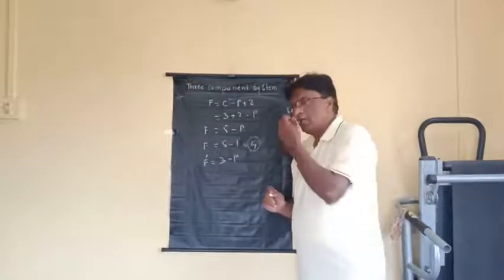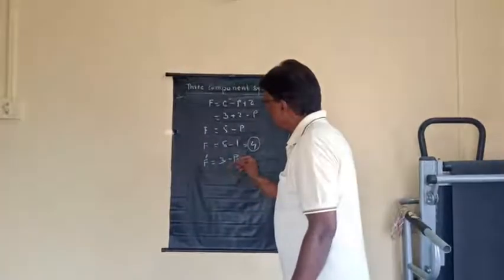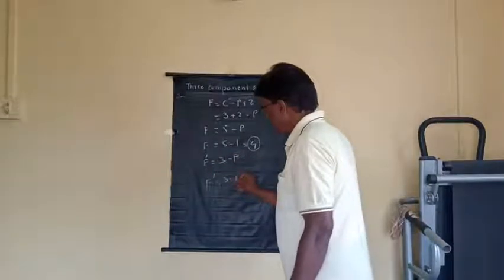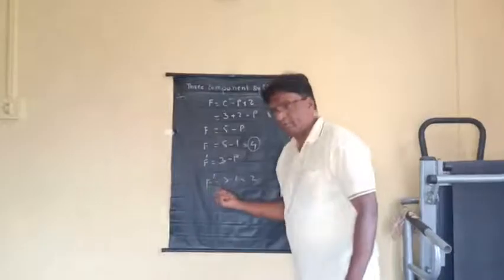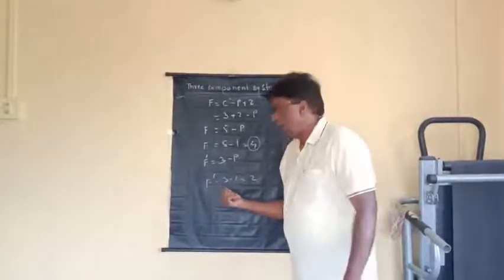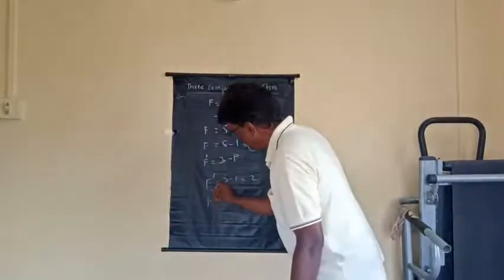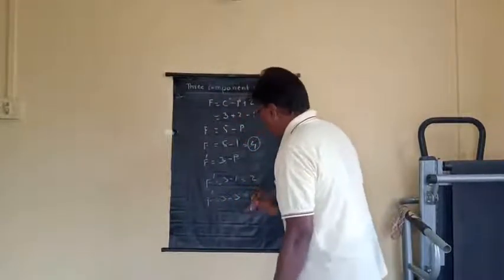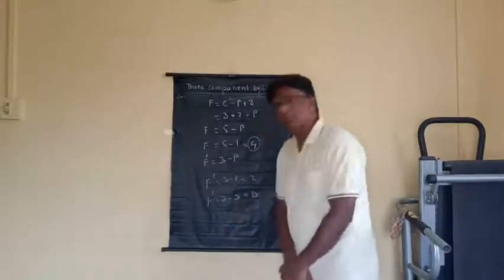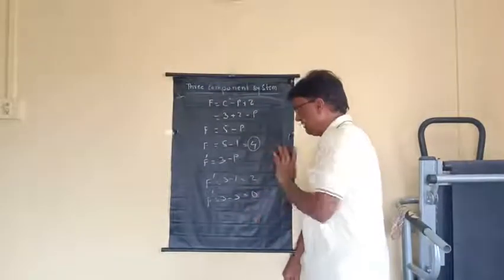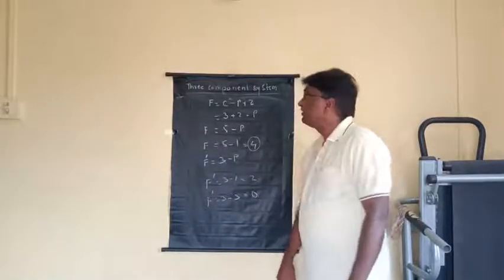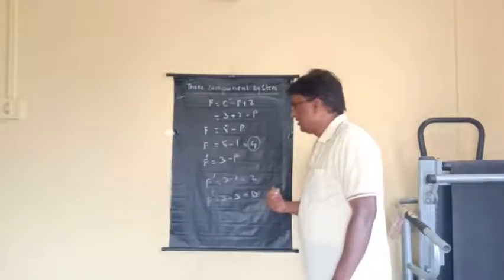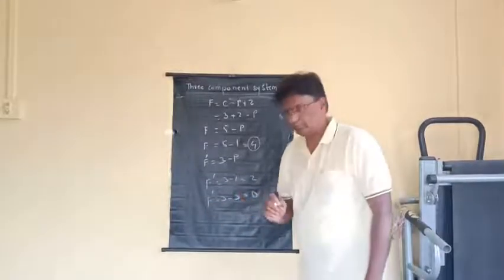Now if suppose 3 components are present in one phase, we get 3 minus 1, that is equal to 2. Now it can be possible. And if these 3 components are present in 3 phases, then the degree of freedom becomes 0. The minimum degree of freedom is 0, maximum degree of freedom is 2. And therefore, a 3 component system can be studied with the help of this reduced phase rule.